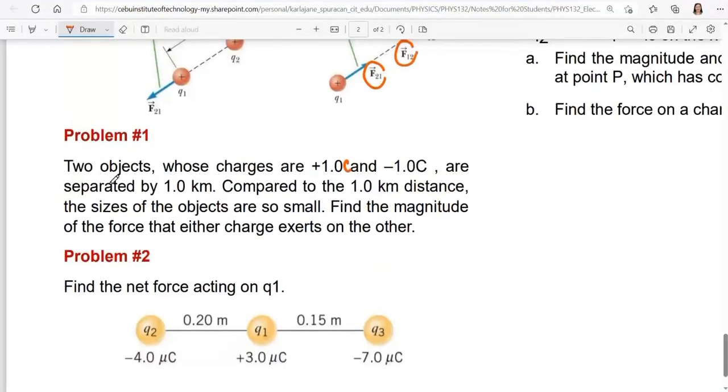Okay, so let us solve problem number 1. Two objects whose charges are 1 coulomb and -1 coulomb are separated by 1 kilometer. Compared to the 1 kilometer distance, the sizes of the objects are so small. Find the magnitude of the force that either charge exerts on the other. So for this problem,